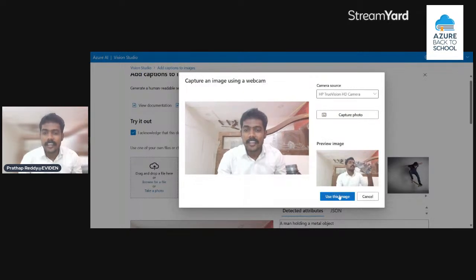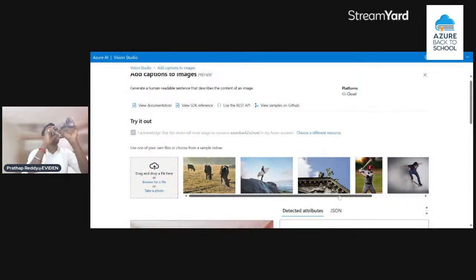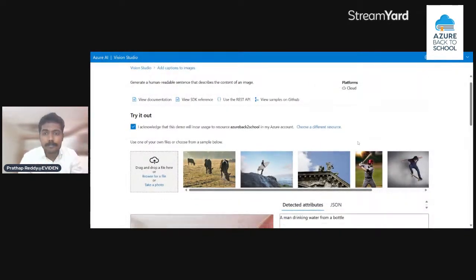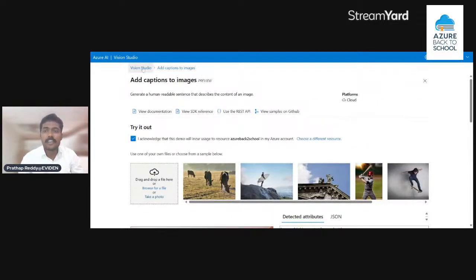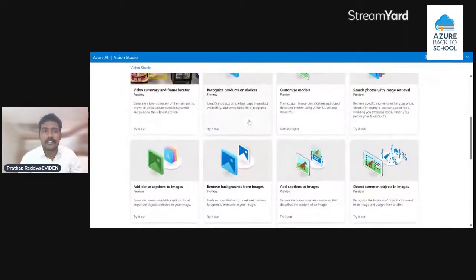So let's see how they... yeah, man drinking water from the bottle. Yes. So I mean the detection accuracy level is very high. Yes, right. And then we can go for some other feature in the Vision Studio,